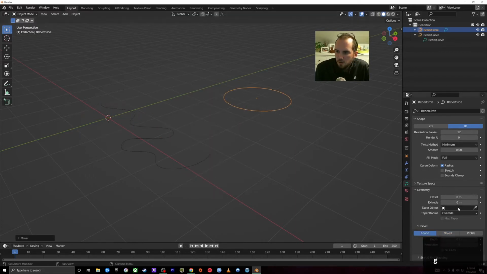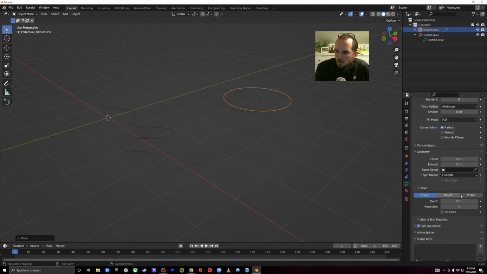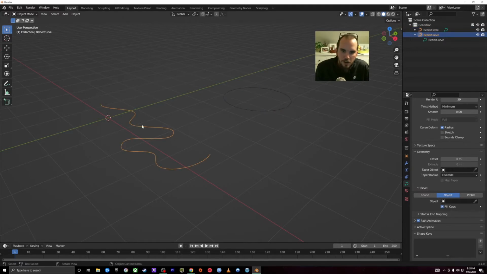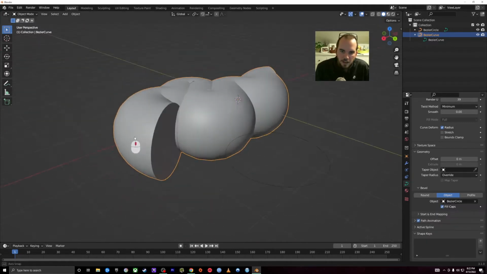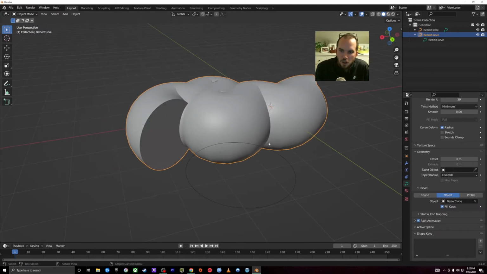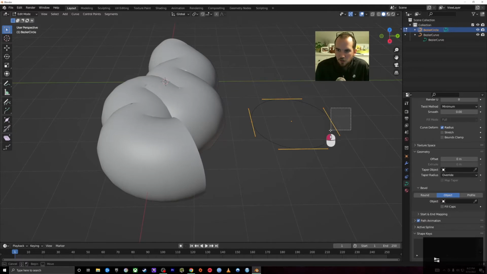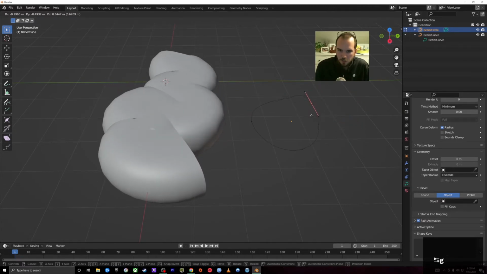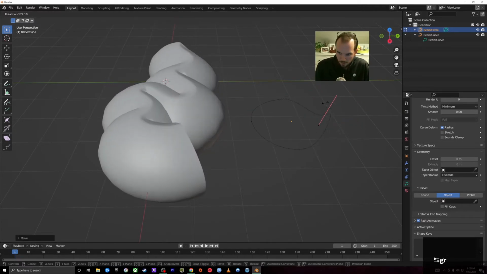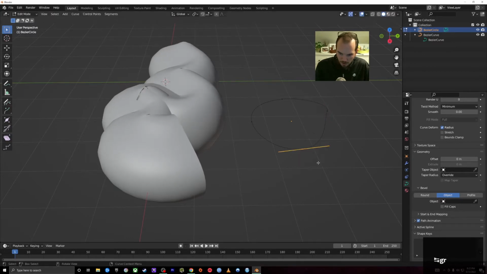And then under bevel, oops, I'm clicked on the wrong one. So make sure we're clicked on our curvy curve object. Under bevel object, we can select this Bezier circle, and it has extruded the circle along the path. And so now you can take this circle and edit it, move it, and it'll change the shape of the bevel